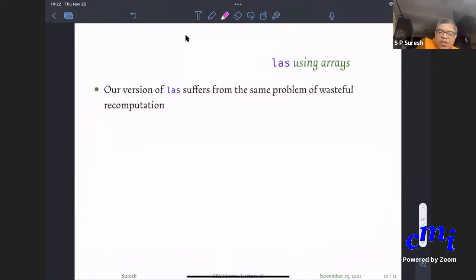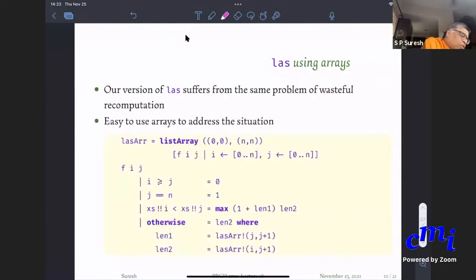Who observed that this is also exponential? Sir Rajdeep. Yes, this is also exponential because you call fij's, multiple calls to the same ij values will be made. Okay, you are not storing the values. So what is the easy thing to do? Store the values. How do you store the values? Use arrays. Earlier we were trying to do this DP thing where you stored the value in a list, but you have to very precisely define that list. Now you store it in arrays, and because Haskell arrays are lazy, you can store the elements in any order you want, as long as you are not using an element before it is stored. Okay, that is the important point.